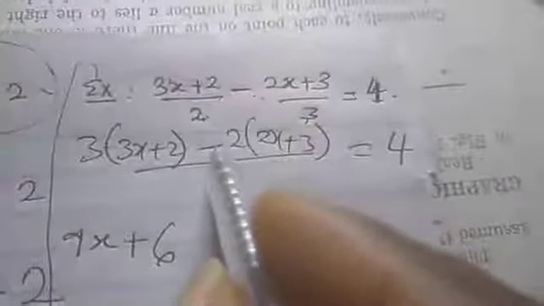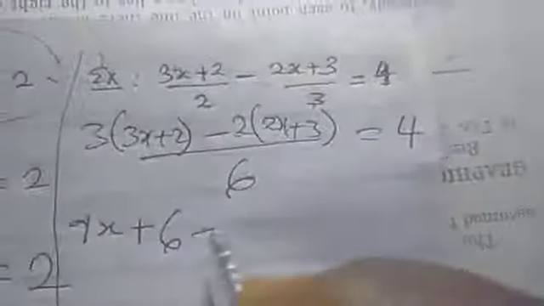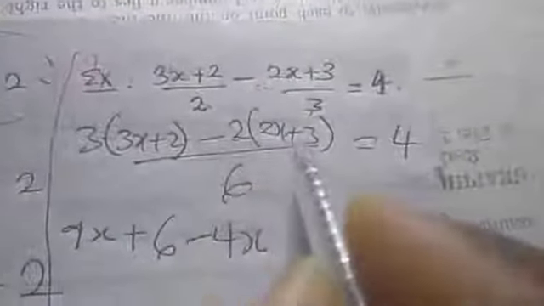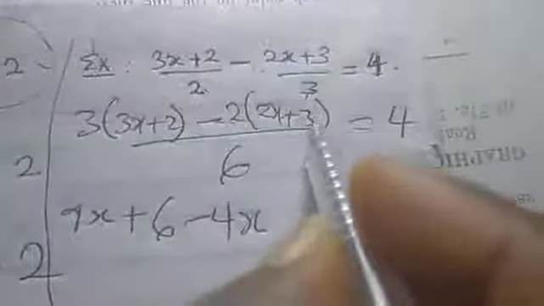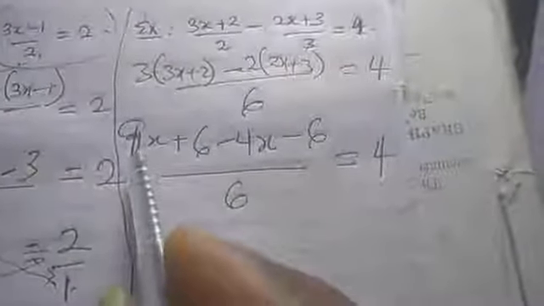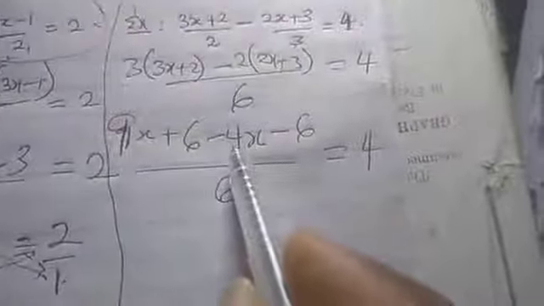Then we use 2 to, there's minus 2. Minus 2 times s, this is minus 4s. This minus will still affect. Minus 2 times this plus 3. It will give me minus 6 over, this is 9, don't forget, over 6. Our equal to 4 still stands. So from this place, what do we have? 9s minus 4s. That will give me 5s. 6 minus 6, it is gone. So what we have only here is 5s. Then equal to 4.